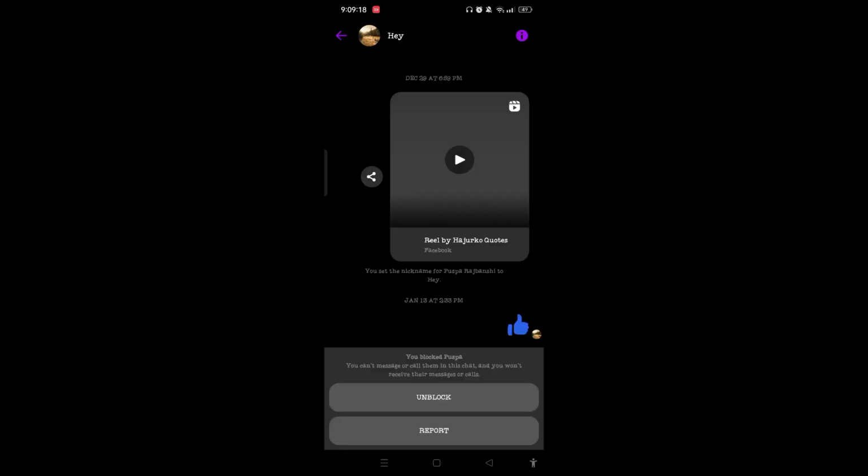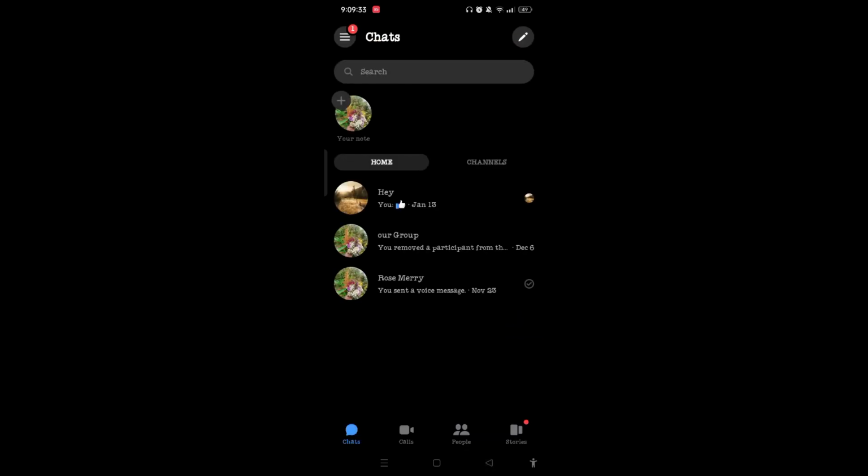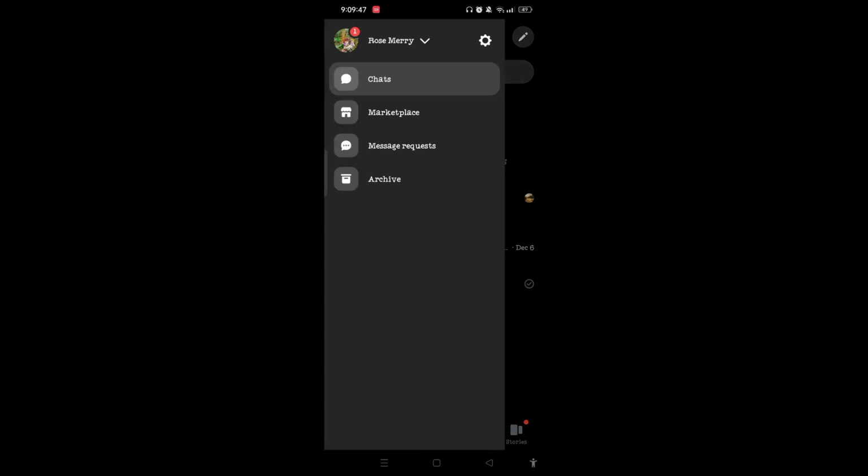Suppose I found this chat easily, but what if you don't find that chat easily that you have blocked on Facebook Messenger? So for now, once you reach the section, you can simply tap on unblock and unblock this chat. But let me show you another way in case you don't find the chat that you have blocked previously. For that, you need to simply tap on the upper left corner 3-line icon, and on this expanded